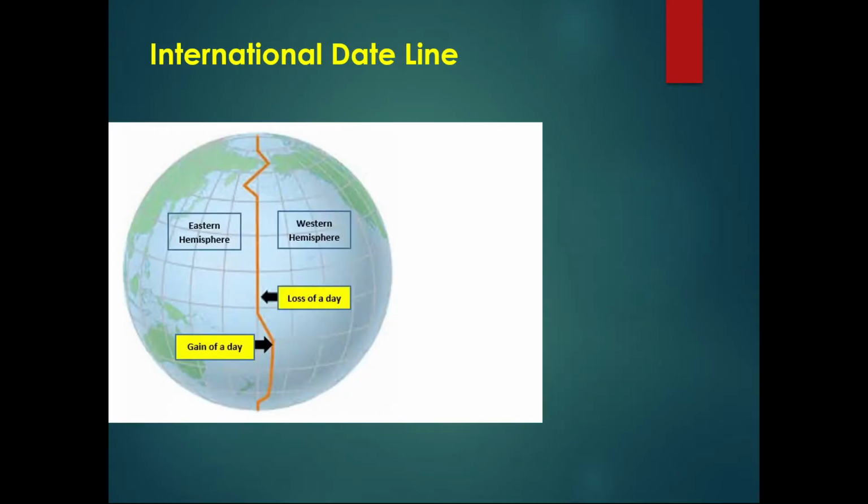Now we will come to know about the international date line. The international date line is a line, and say this is 0 degree longitude or prime meridian. So the complete circle is 360 degrees. So we can traverse 180 degrees east and 180 degrees west. When we traverse 180 degrees, we reach this international date line like this.